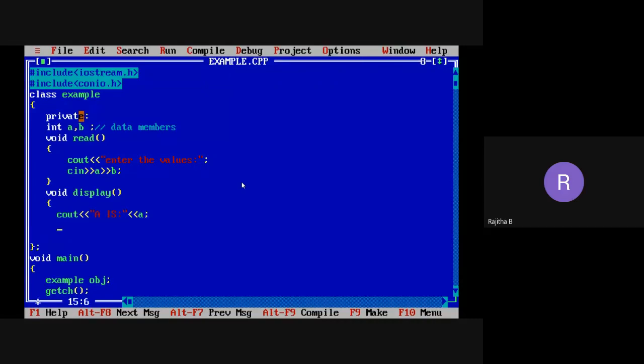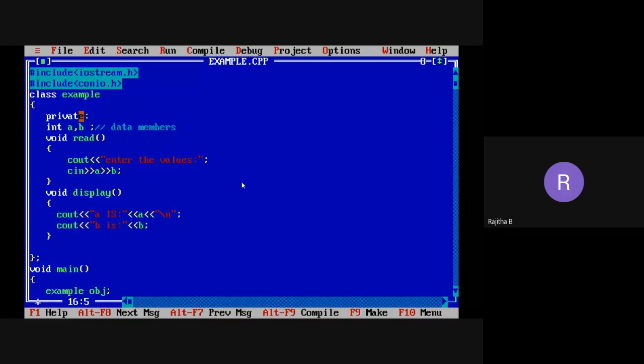And next cout, b is, what is the b value? Before that, I want to take some slash n to get a new line between a and b. And I'm closing the display function also.